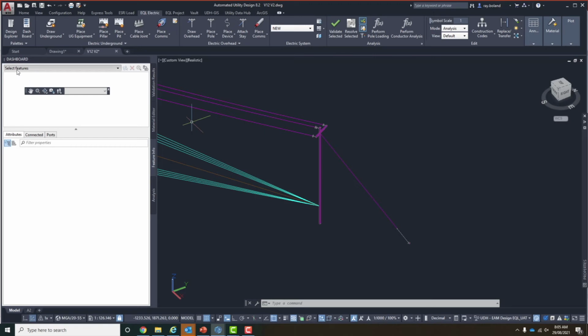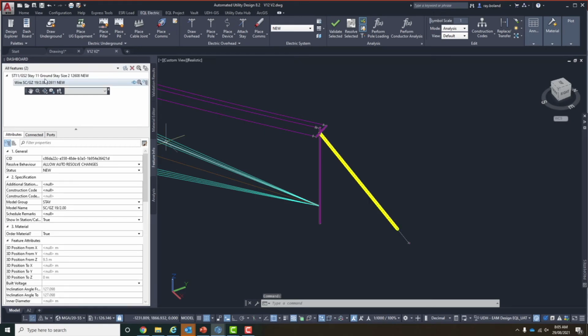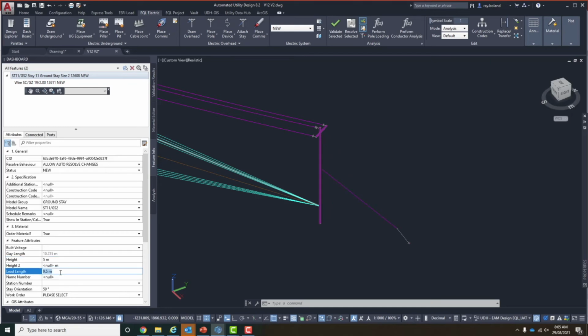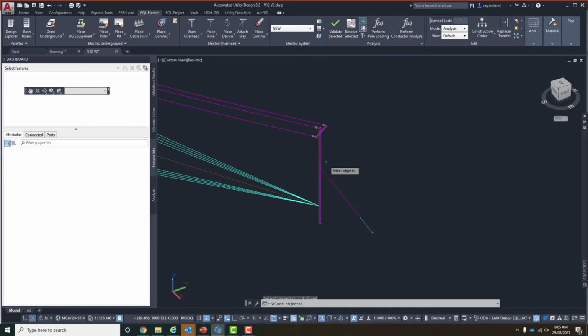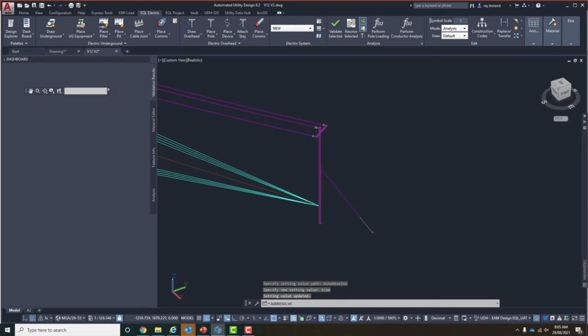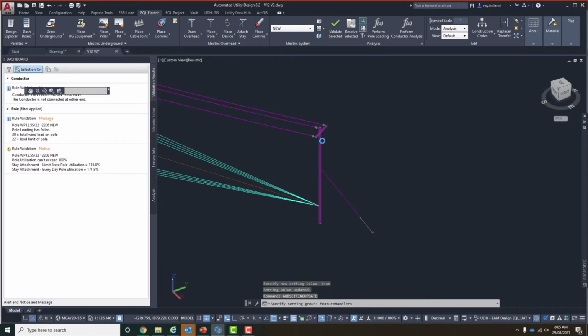Now part of the stay calculations is pole bending moment. I'll just actually produce an error. I'm going to lower that stay height down to 5 meters, halfway down the pole, which will obviously give me an issue with bending moment of the pole. We only do single type stays in a lot of scenarios in Australia. So if I do the calculations now on the pole, you can see that it's actually failed bending moment. So our utilization of that pole, the capacity of the pole, has been exceeded.